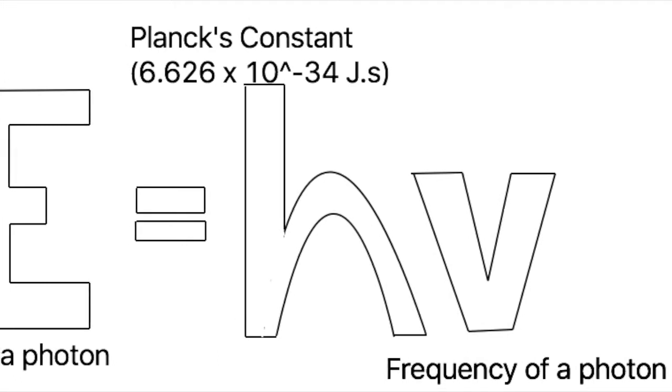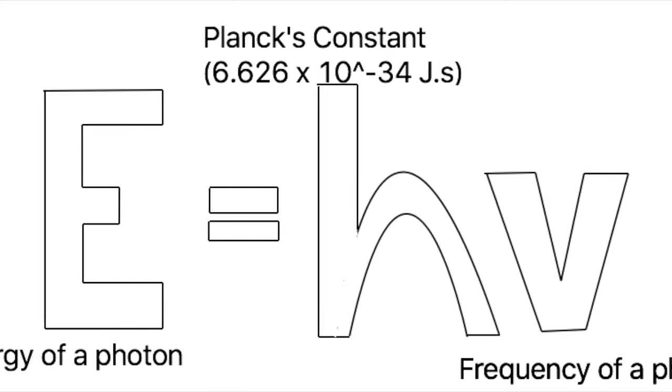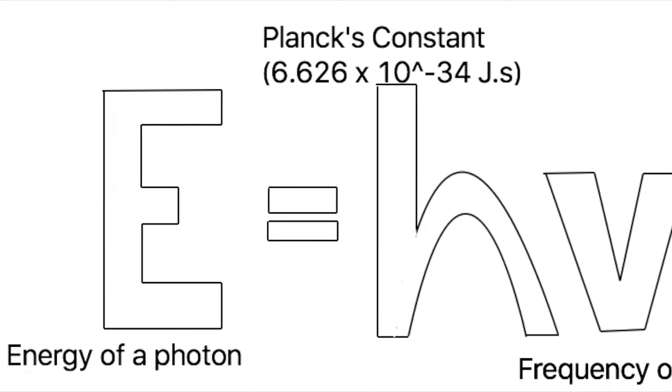They go through the hole, meaning that they can kick an electron out. What Einstein found was that light traveled as a combination of a wave and a particle, called a wave packet, or a quanta, building off of a previous idea by the scientist Max Planck. You could find out the energy of a photon by using the formula E equals h times v, which is energy of a photon equals Planck's constant times the frequency of a photon.